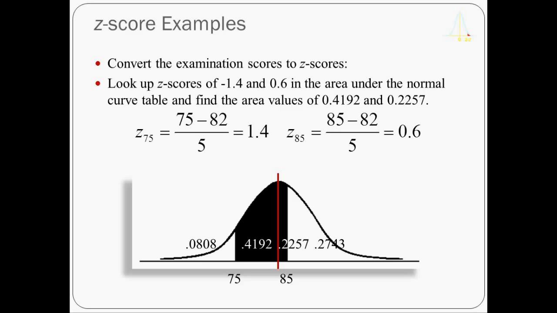My z-score associated with a raw score of 85 is equal to 85 minus 82 divided by 5, or 0.6. So I'm interested now in getting the probability of the area between minus 1.4 and 0.6, or in another metric,